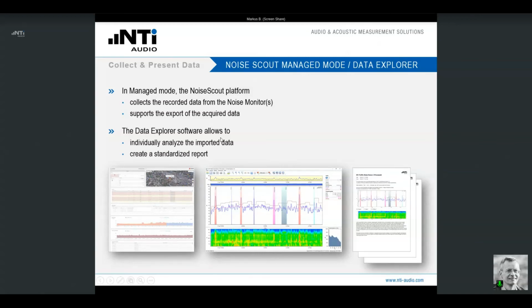Furthermore, you can create standardized reports from the Data Explorer software. This topic has already been covered in previous webinars, so I will not say too much more about that. It's just a very easy to use, very intuitive operation. Just try it out and make your own decision whether this is feasible or whether this would cover your demands.